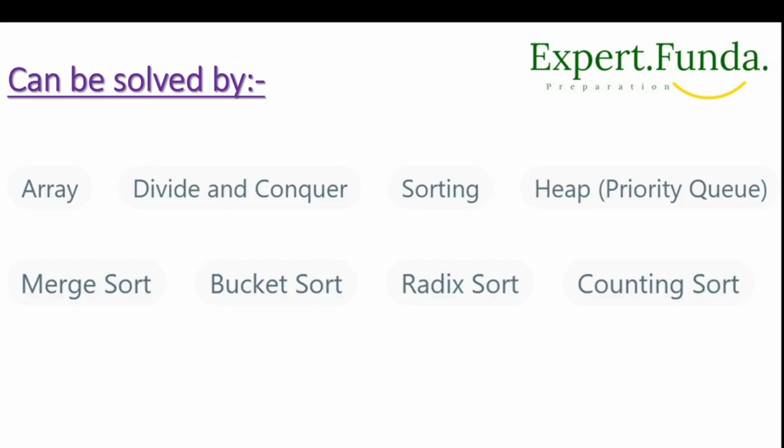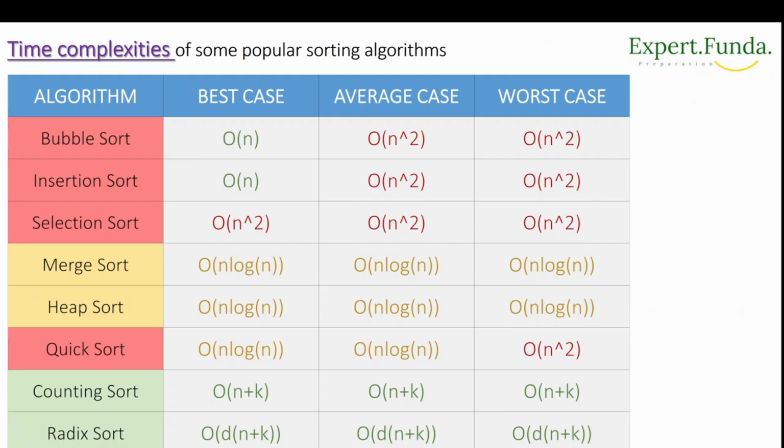In this part we will see that you can solve this question with array, divide and conquer, sorting, heap, priority queue, merge sort, bucket sort, radix sort, and counting sort. These are the approaches from which we can do the sorting, so you can make your own non-inbuilt function. So if we talk about the complexity, there are multiple ways to solve this question, but if we talk about the top three,